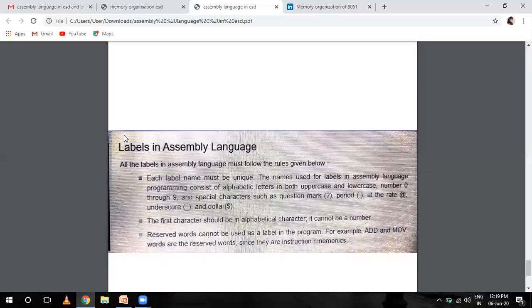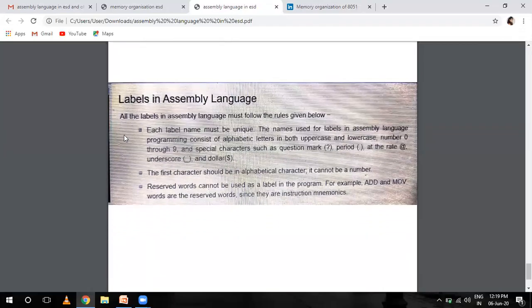Next is labels in assembly language. All the labels in assembly language must follow the rules. Each label must be unique. The names for labels in assembly language programming consist of alphabetic letters in both uppercase and lowercase, the numbers 0 to 9, and special characters such as question mark, dot, that is period, at the rate, underscore, and the dollar.